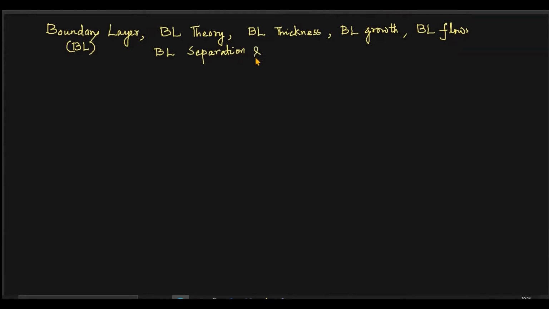And since it is something to be avoided, we talk about boundary layer separation control also. Boundary layer control. Then we have the drag formation, type of drag, like drag and lift associated with aerodynamic bodies. So that all we will consider. When you talk about application, these are the important terms we have to deal with one by one. And then there are other basic parameters connected with boundary layer like displacement thickness, momentum thickness, energy thickness, etc. Okay, and then there are some equations also, so that we will discuss as the class progresses.